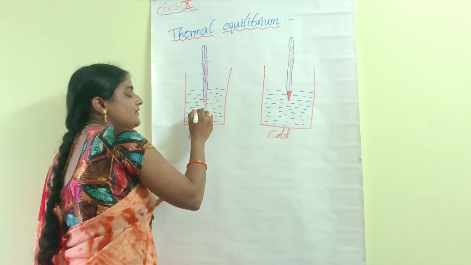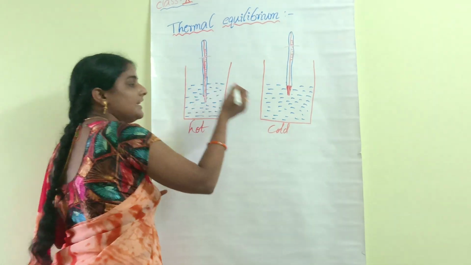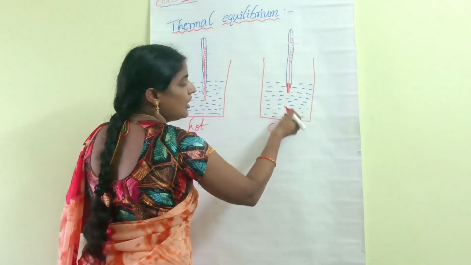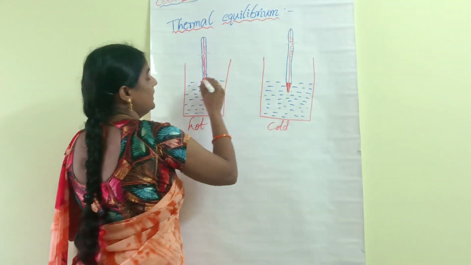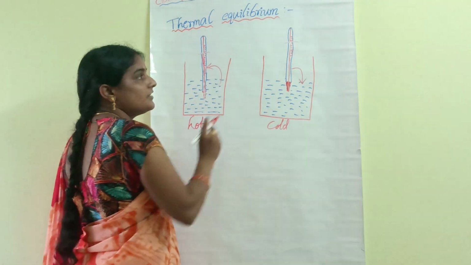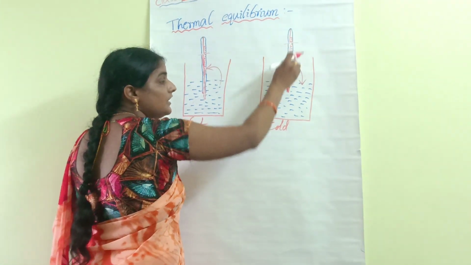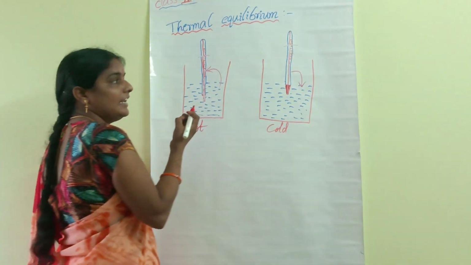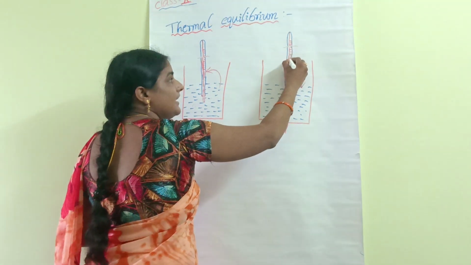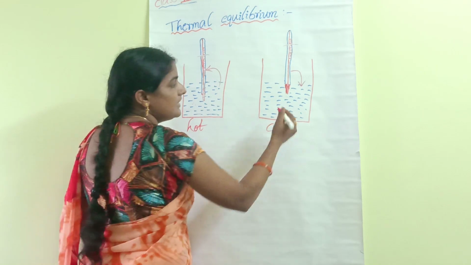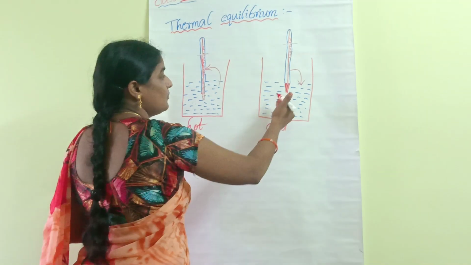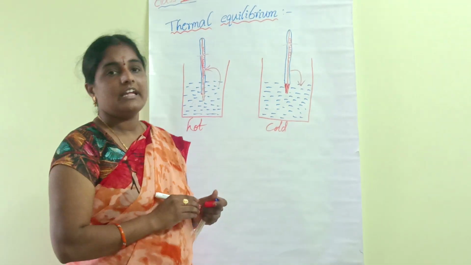Here the heat energy transfers from water to the thermometer, but here the heat energy is transferring from the thermometer's mercury to the water. Here water to mercury, but here mercury to water. So the heat energy decreases; it transfers from this one to that one. When it decreases, what happens to the mercury level? It keeps decreasing. Okay, so this decrement will happen, still again until both substances acquire the same temperature. Then again we can say these both substances are under thermal equilibrium.